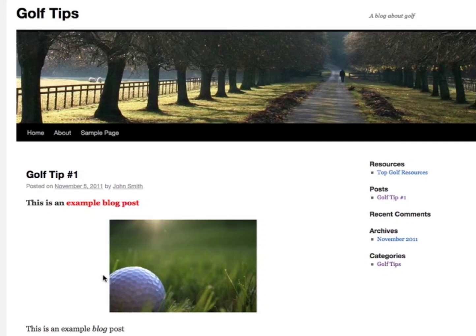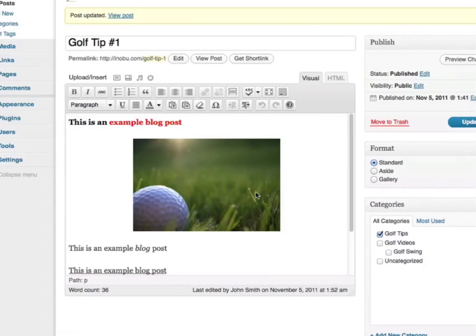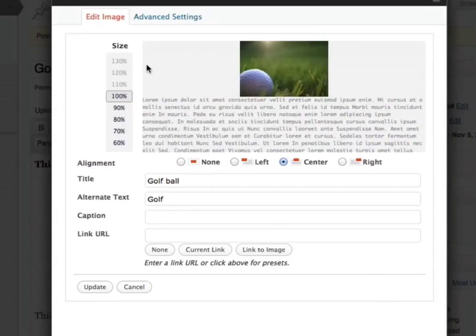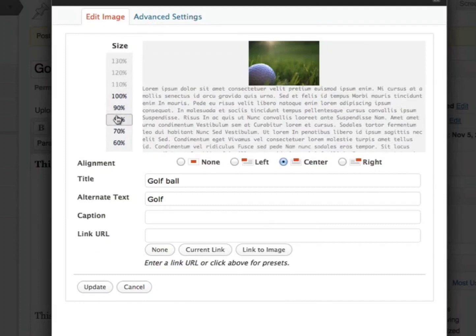And now you can see the image centered here. We can also edit the image once it's in place. Simply click on the image once and you'll see this option here called Edit Image. This will bring up the image settings. And now I can change the size of the image as well